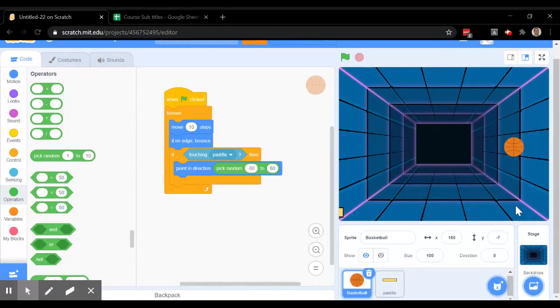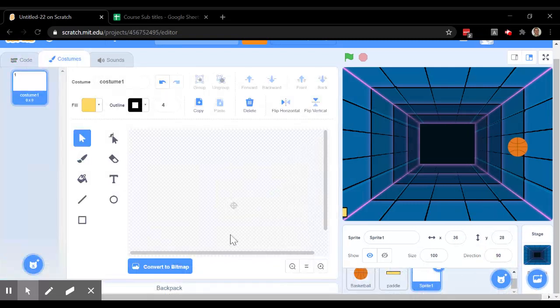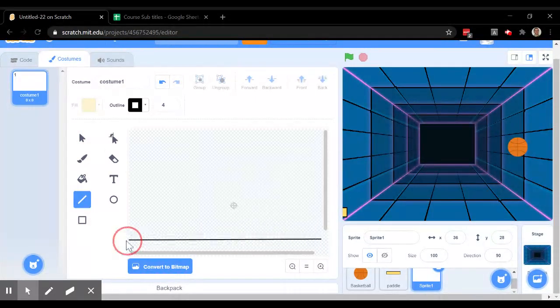What we're going to do is put another sprite at the very bottom right there, and whenever the ball touches that bottom sprite, something else is going to happen. So I am going to add a third sprite. This one, I'm going to paint myself. So I go over here to paint, and all I need is a bar that will cover the entire bottom of the screen. So if I take this bar that I just created, put it down here at the very bottom of the screen,